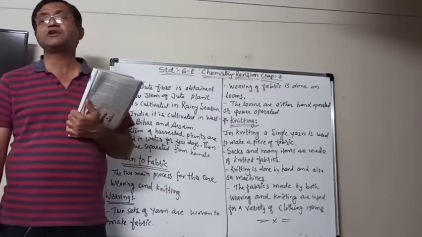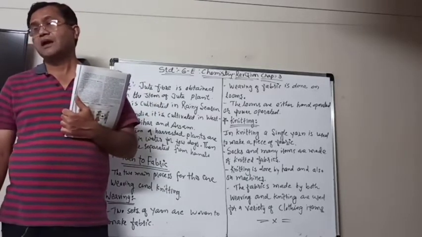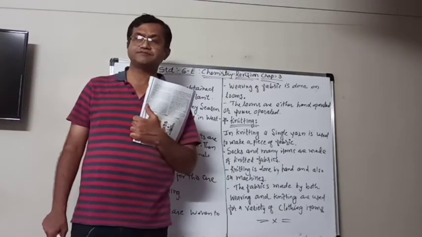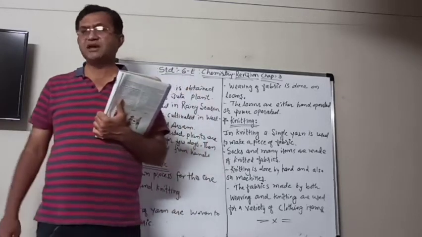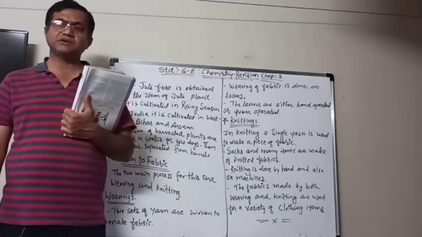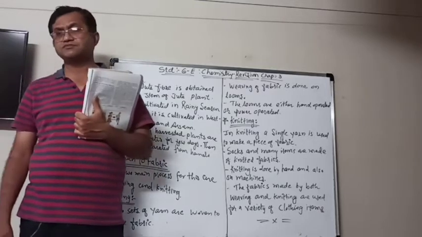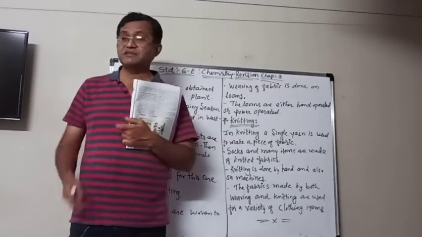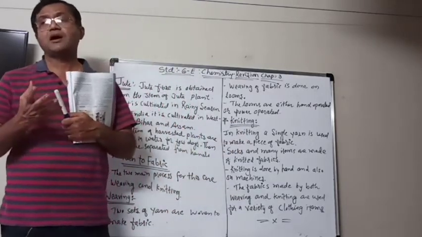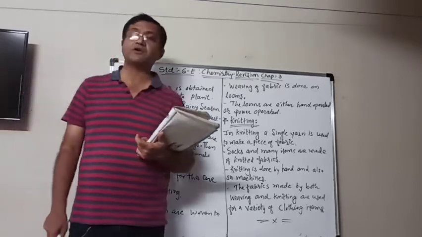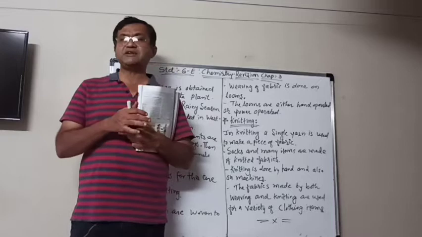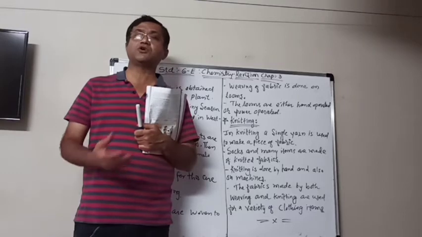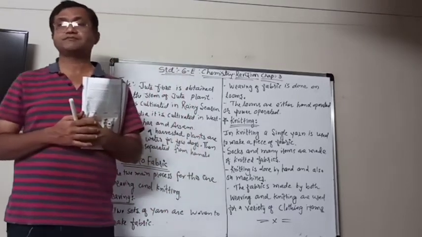That is known as a loom, the device. And that loom can be operated by hand if it is on a small scale, but if it is on a big scale, then it is done with the help of power also, means it can be power operated also. If it is done by hand looms, then that fabric is known as handloom fabric.